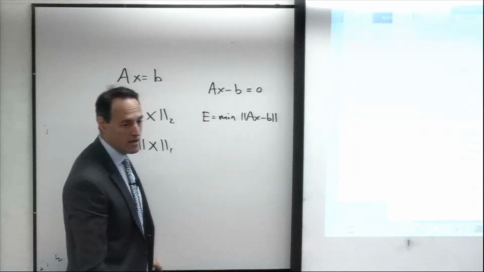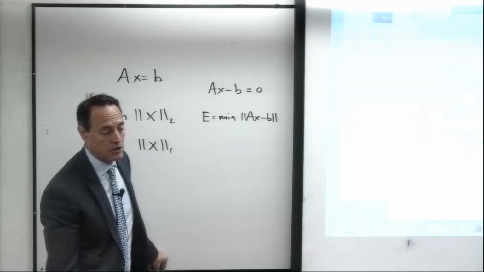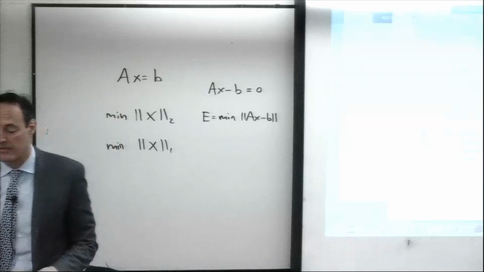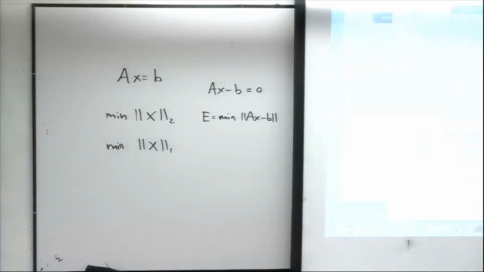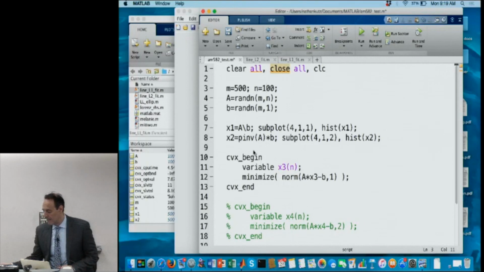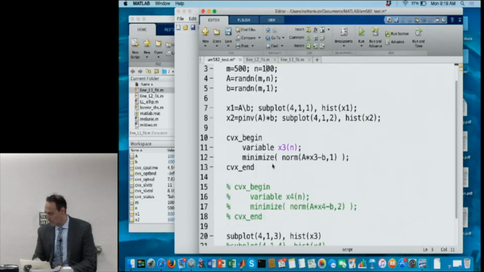Now again, how am I going to do that? Do I want to minimize that with the L2 norm or the L1 norm? So let's show you some differences here. Here are my matrices, and what I'm going to do with this is start to solve these. To do this, again, I can do the backslash. I can do the pseudo-inverse. And now when I do this,